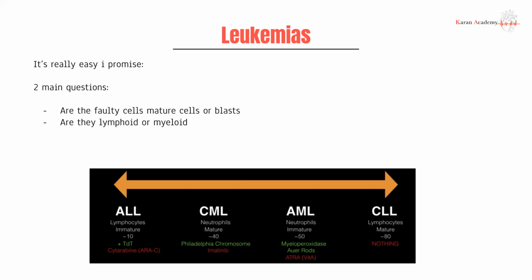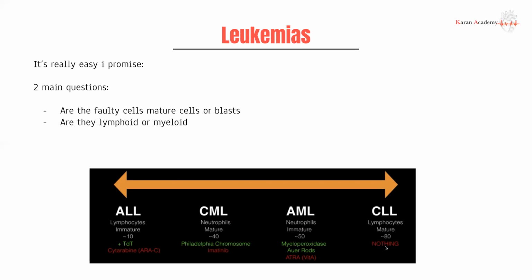And whatever cell we're talking about, is it of a lymphoid or a myeloid origin? So let's talk about how we can make that distinction. And here is kind of a spectrum of disease according to age. So ALL presents usually in kids, CML around people aged 40, AML a bit older, and CLL is usually a disorder affecting